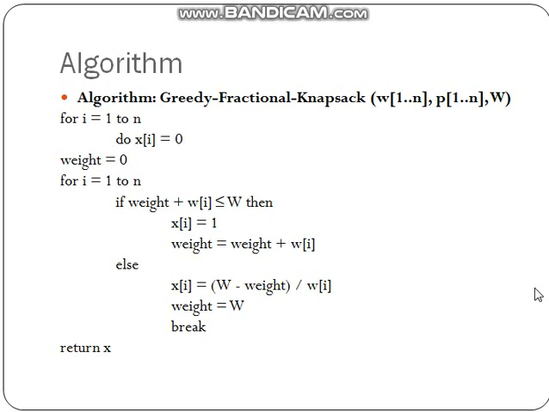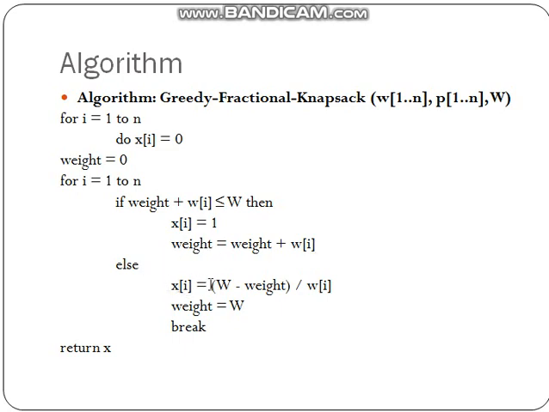Here you can see the algorithm for greedy fractional knapsack. For i running from 1 to n, we set xi equal to 0 and weight equal to 0. Then for i running from 1 to n, if weight plus Wi is less than or equal to the given capacity W, then xi is equal to 1 and weight is equal to weight plus Wi, else